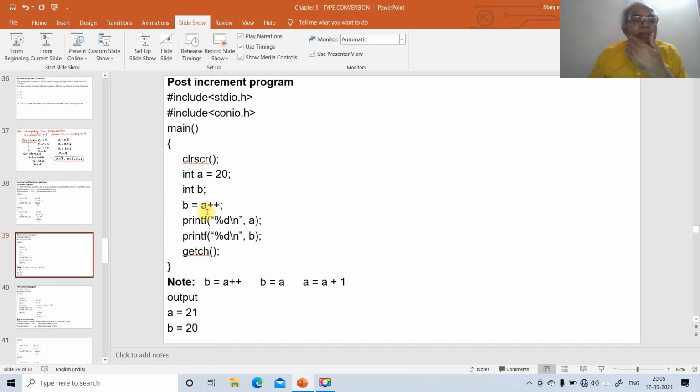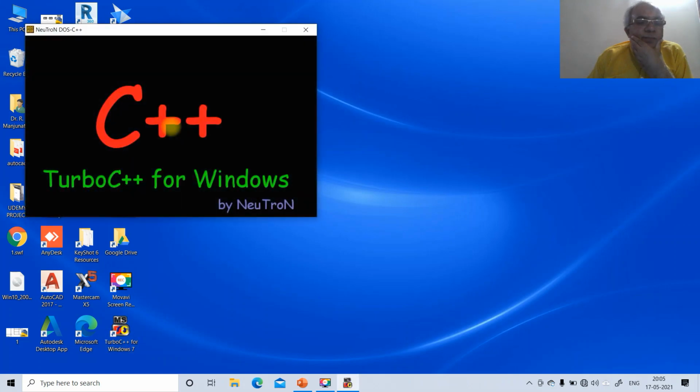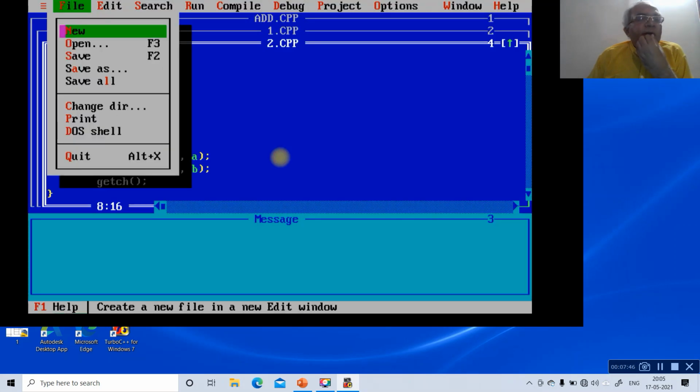Now we are going to write a simple program for this. To do that, first we go to Turbo C, then we go for a new file.